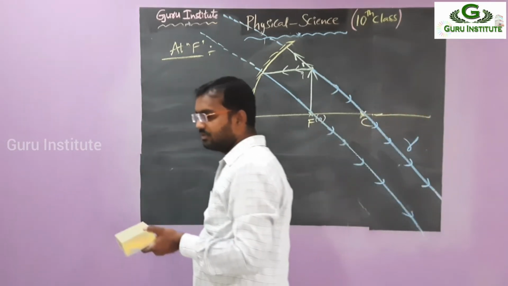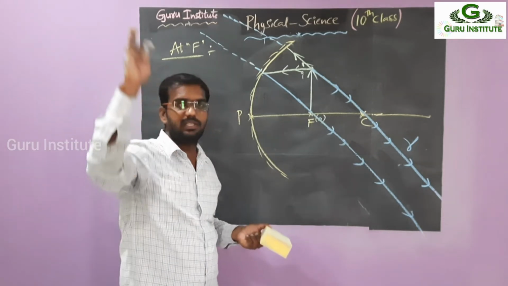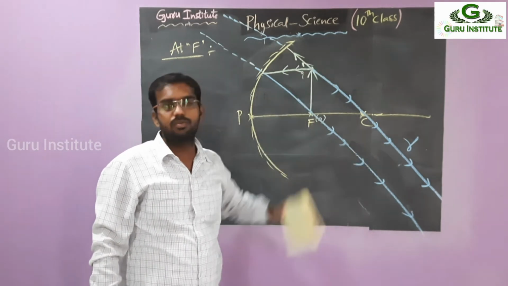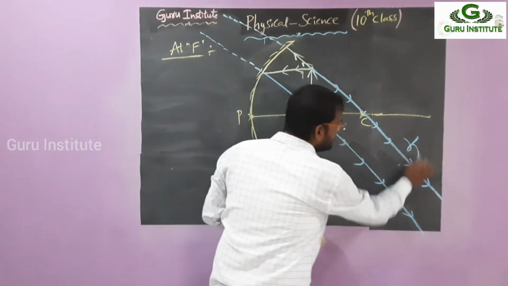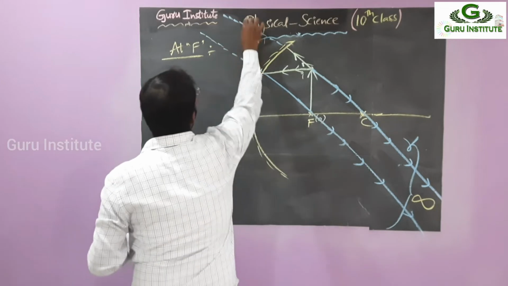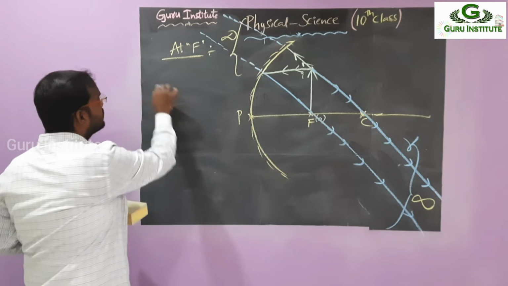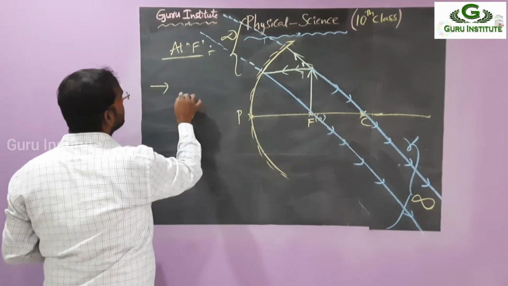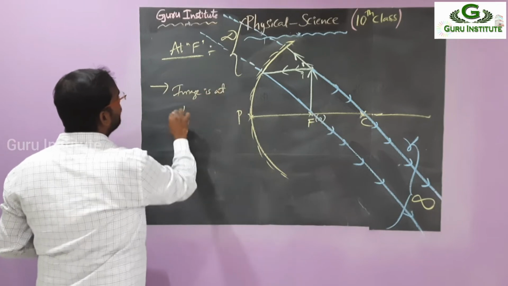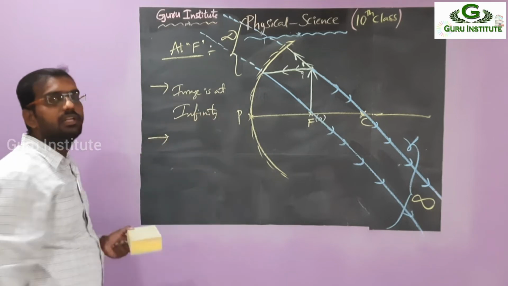Suppose in the first case we take parallel rays from the sun. That means the sun is present somewhere. Like that, these do not meet, but somewhere they should meet. So we assume that these meet at infinity. We have to assume the image is formed at infinity. So where is the image position? The image is at infinity position. Image is formed at infinity position.